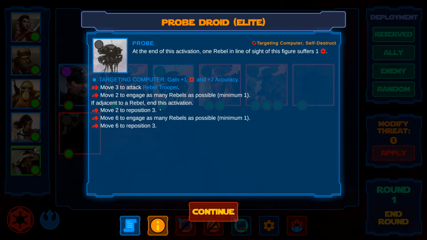This means that it gains 2 movement points and tries to get in a position where it is at least 3 spaces away from the closest rebel. If it can't perfectly fulfill a reposition instruction, it does not skip the line. It just tries to be as close to that instruction as possible. Go down the list until the droid has spent both actions, then its activation ends.